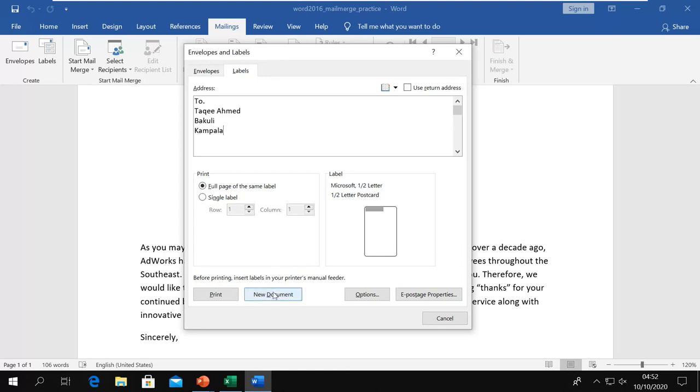And then you can say whether you want to print it or save it. You can even type a return address here. You can use your saved return address instead of typing any address also. And okay, let me print this one also.